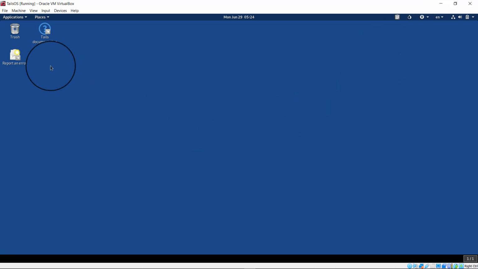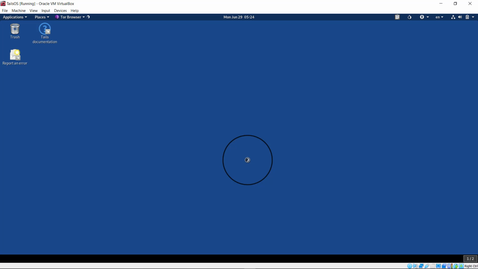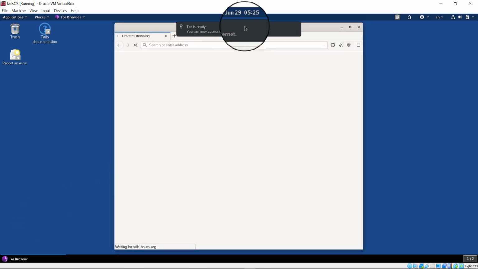Okay, once it is up and running, you can just simply go to applications and start your Tor browser here. Well, this process might take some time depending upon your system configuration, so be patient. Okay, now our browser is up and running.